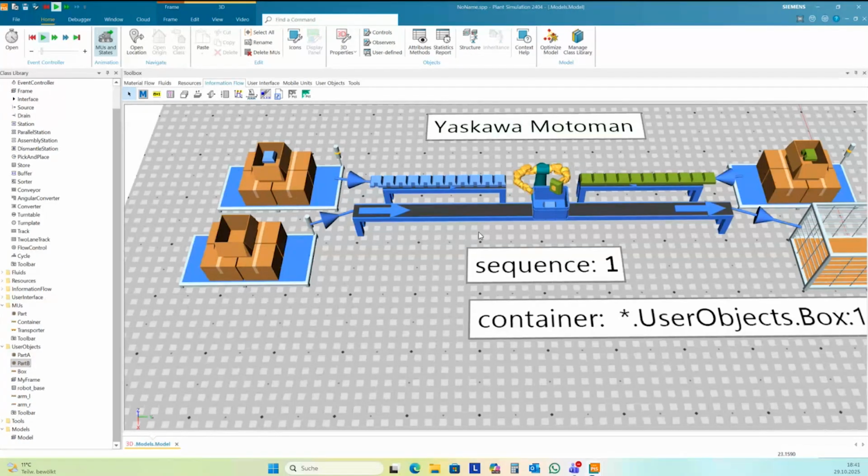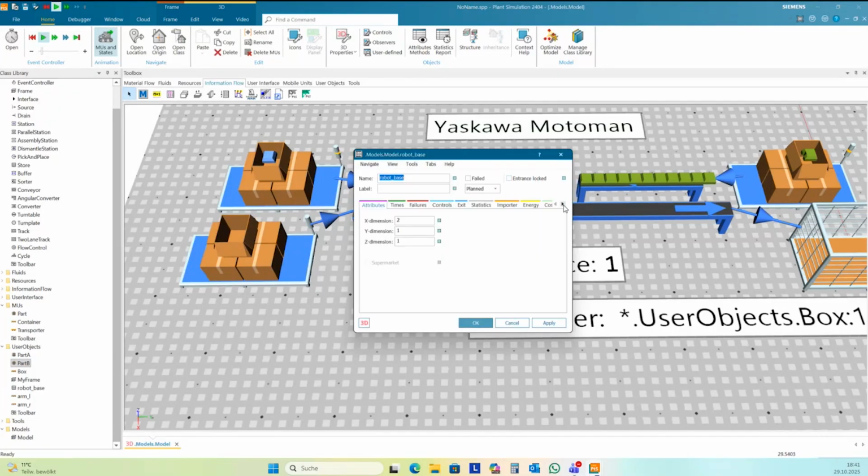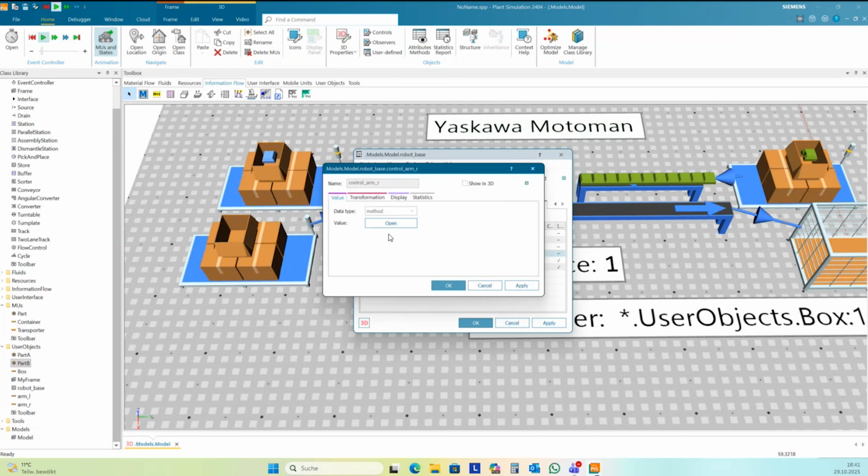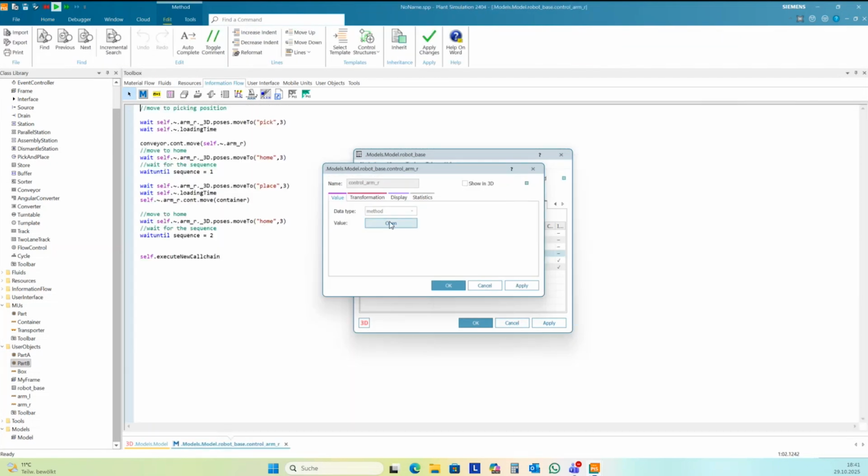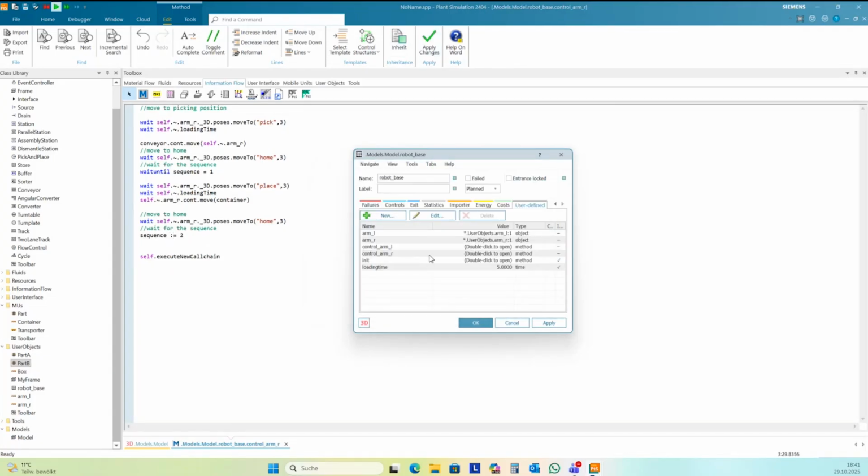Okay, and sequence keeps 1. Oh, no, this is wrong here. I set the sequence to 2. Sorry, but it's live. At the end, I need to set the sequence and not wait for it.